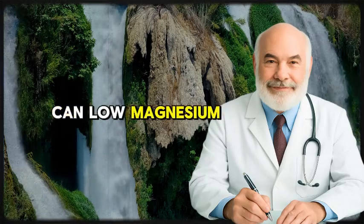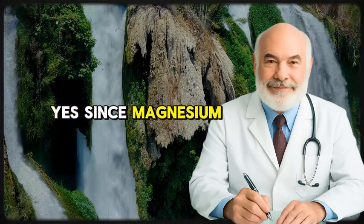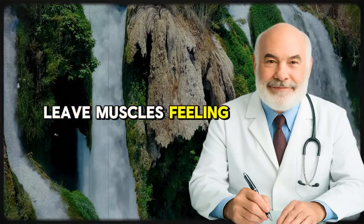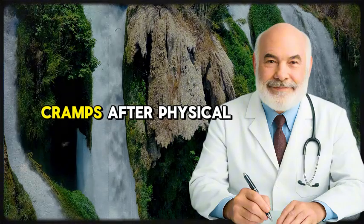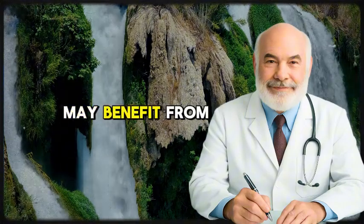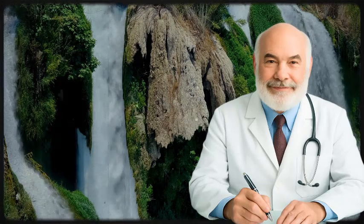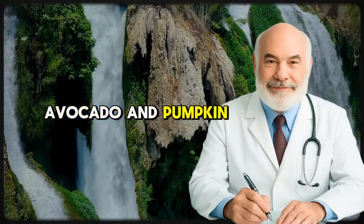Can low magnesium levels contribute to muscle fatigue? Yes, since magnesium is critical for energy production, a deficiency can leave muscles feeling weak and prone to cramping. Seniors who experience frequent cramps after physical activity may benefit from adding magnesium-rich foods to their post-exercise meals. For example, a salad with spinach, avocado, and pumpkin seeds is a